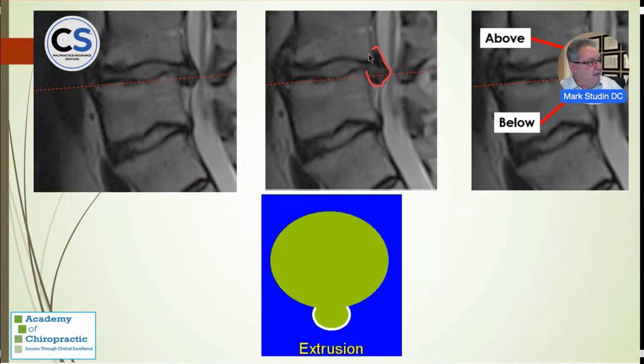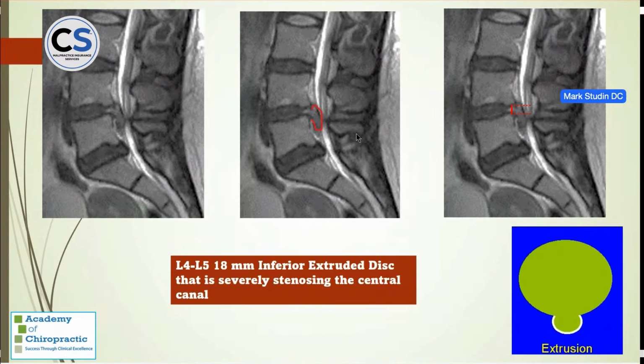So when we look, this is a huge extrusion here. Here we look at it, it's extruded. We outline it, and then I give you the lines. So now you understand how to identify that. Again, a different one. Here's an extrusion. This is a huge extrusion. Look at it come down. Here is the line of the disc, the opening of the disc.